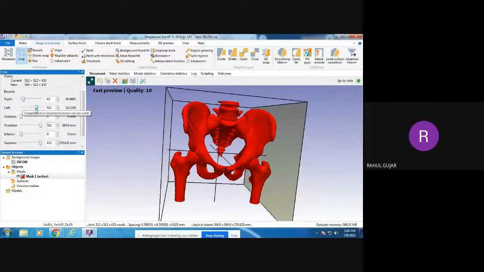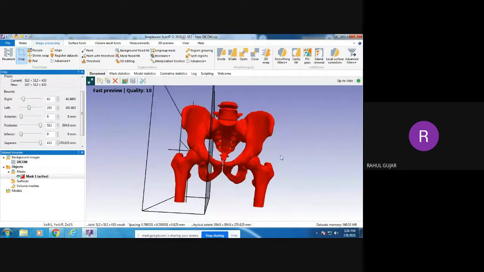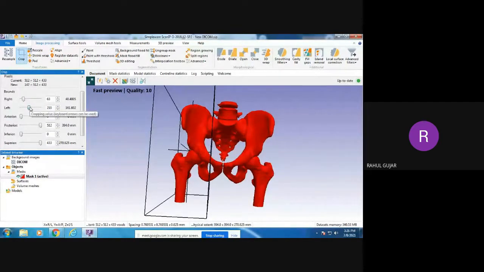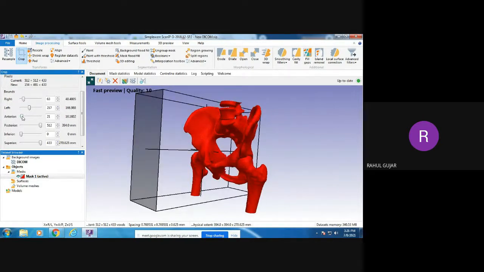From the left side, I'll just move it up to this. Up to this I can move because I want this part. I'm interested in this part. From the anterior side, I just want to check from this side.